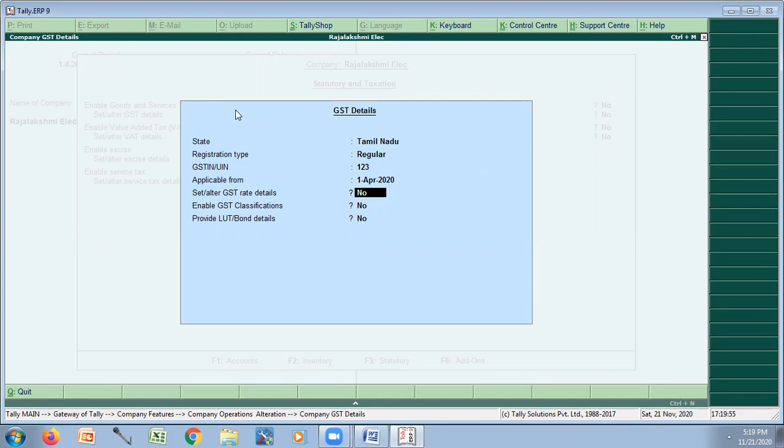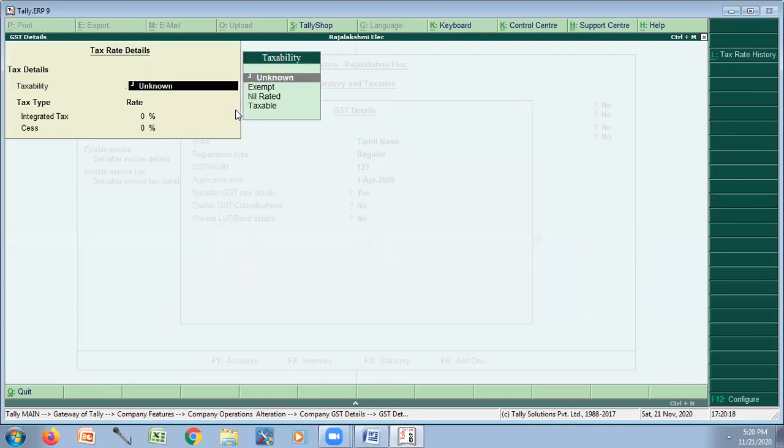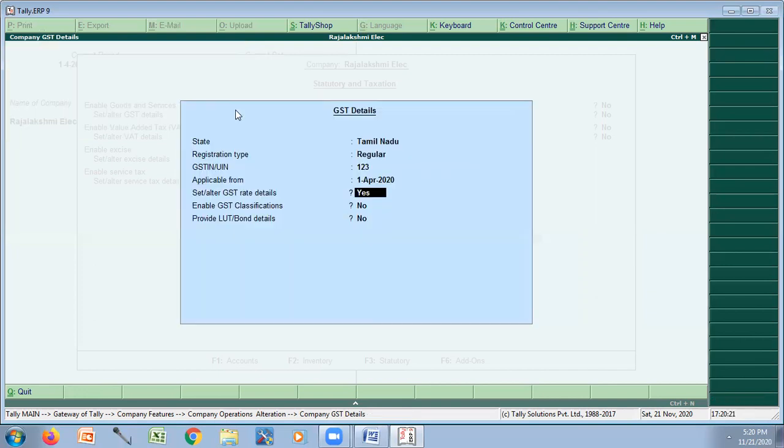Suppose for the GST details, I'm selling only one type of product for everybody. For all the products, if it is only one GST, then I can give an S and give it. Now, my GST rates are going to be different because for one product it is 18, for another product it is 10. So I need not do anything. Suppose if you give here also, you need not give anything, just give an escape and then give a no and then you can come here.